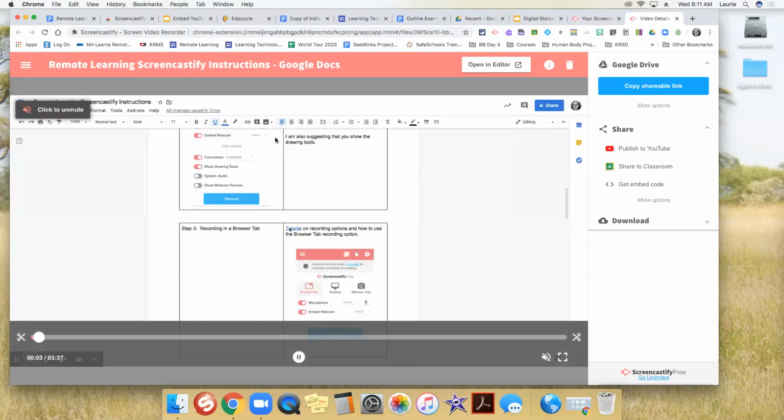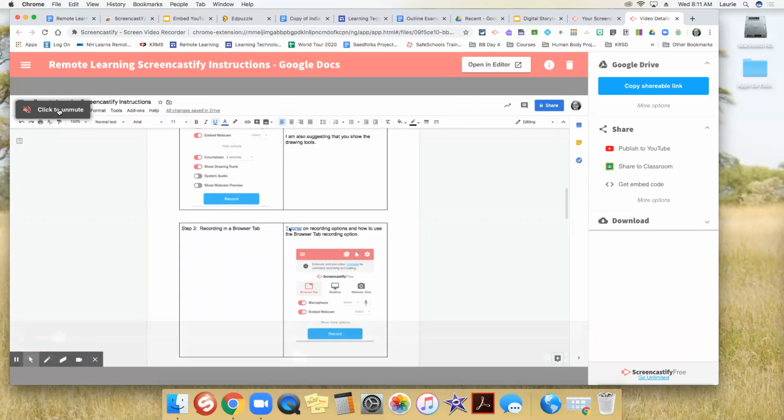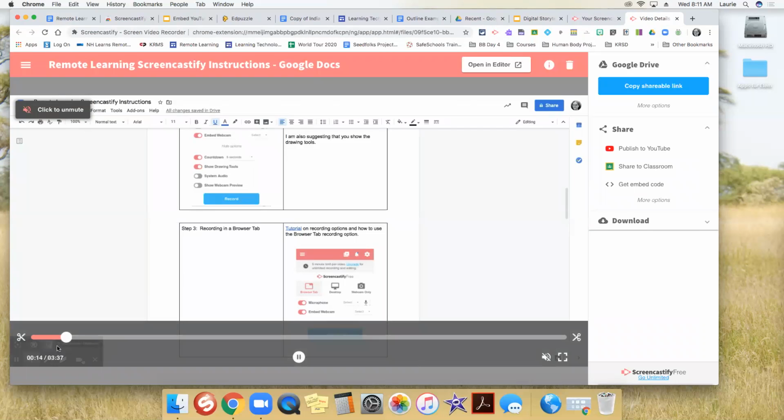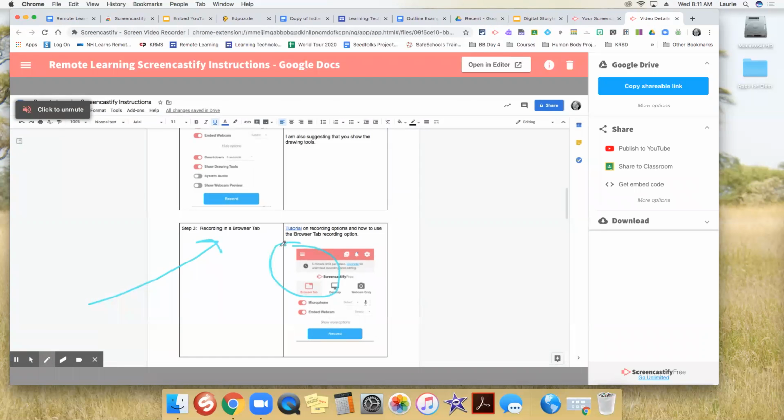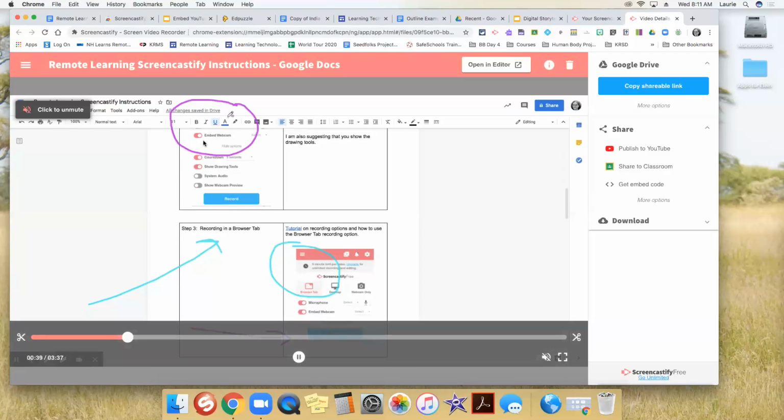So what happens is, this is the dashboard when you're finished. And so if you want to hear what you said, you have to unmute it, and it's going to work its way through your tutorial. So this tutorial that I created was 3 minutes and 37 seconds. And so you're seeing on the screen everything that's happening. So this is a great way to explain your assignments, to give students directions, to help them. As a tech integrator in my district, I do this all the time. So what you want to do here is, I'm just going to stop this for a second.